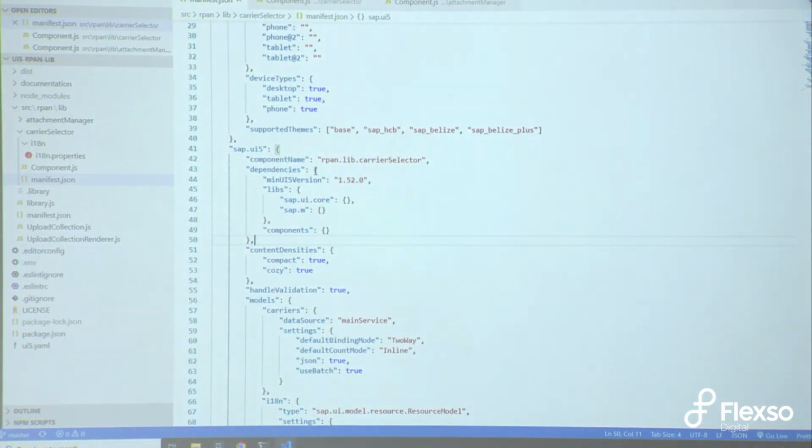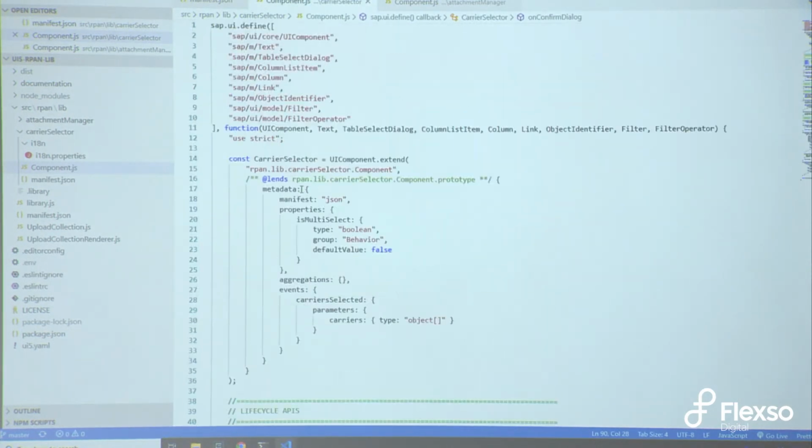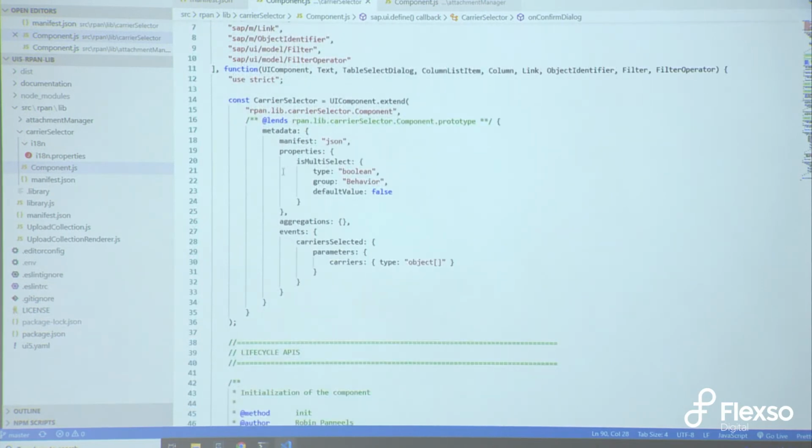We don't have a root view, so when we have our component, we have metadata. The only thing I put in there is for this one, can I select one carrier or can I select multiple? So you can provide properties and events. So when I select, the carrierSelected event is fired with the parameter carriers, and which is provided to the